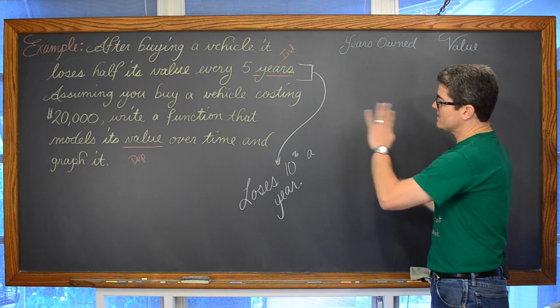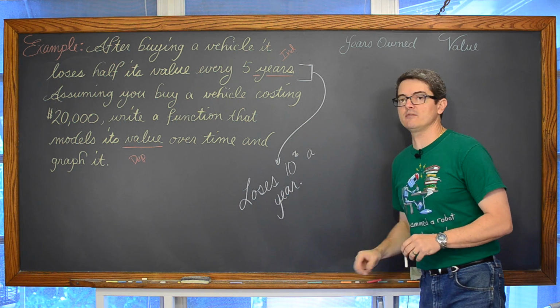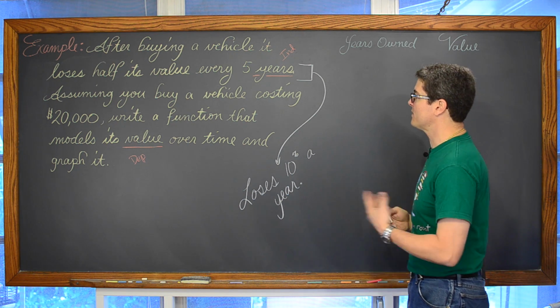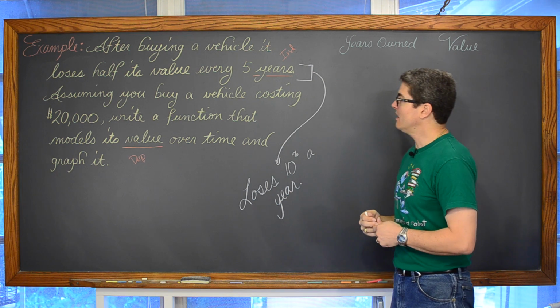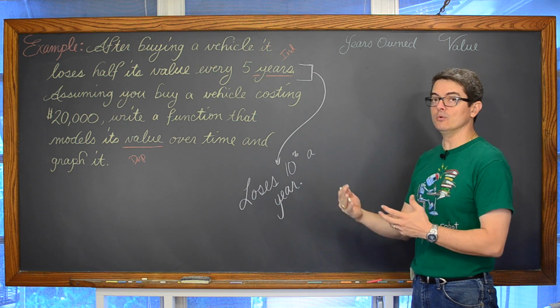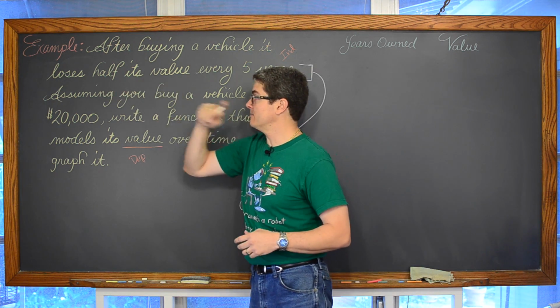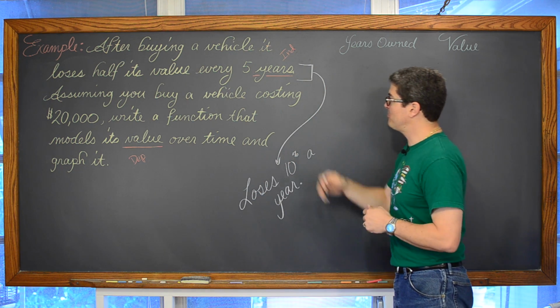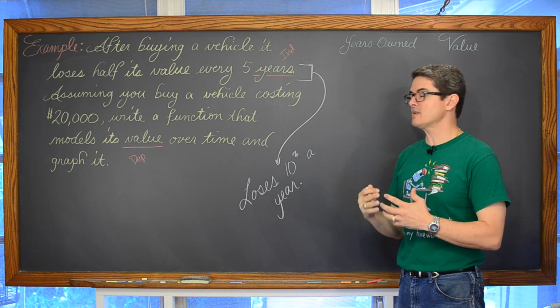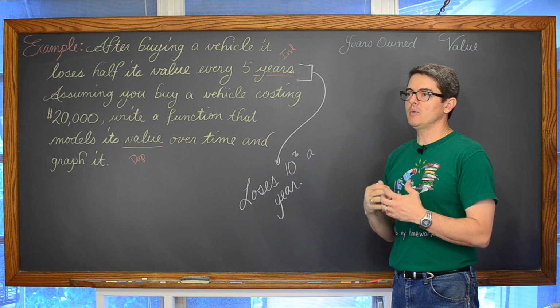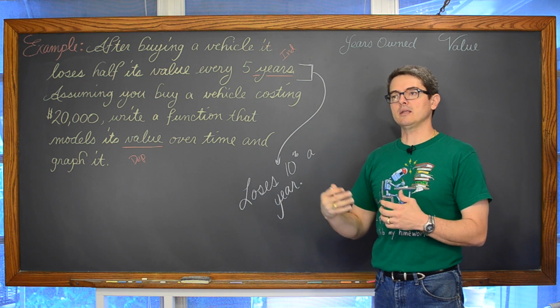Okay, so this whole idea of losing half its value every 5 years, it's going to be really easy to work this problem out with you on camera, because I'm just dividing by 2 for calculating half of its value. But the fact that it's losing half every 5 years, that time period of 5 years, most interest problems are about on a yearly period.